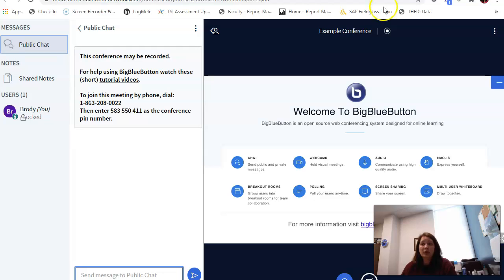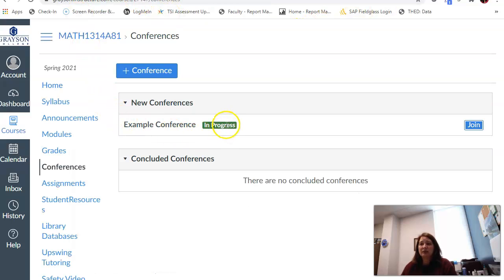Things like that, okay? So for virtual conferences, you will come over to the conferences page in your 1314 Canvas shell. And this is how you will join the conferences. Again, you will not see a conference yet.